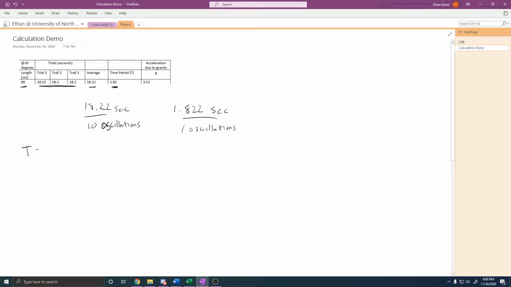We have an equation, period is equal to 2 pi times the square root of L divided by G, right? So let's rearrange this so we can find gravity, right? So let's do T divided by 2 pi equals the square root of L divided by G. So we can actually break this part up into, just erase that. Okay, so now we're going to flip these two,